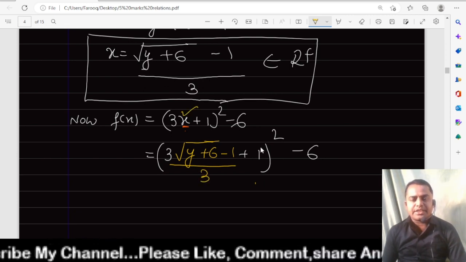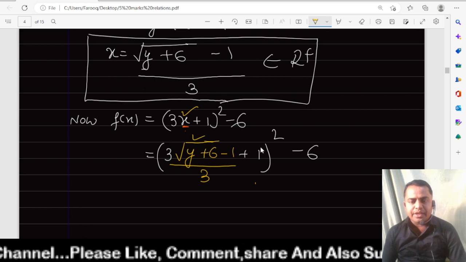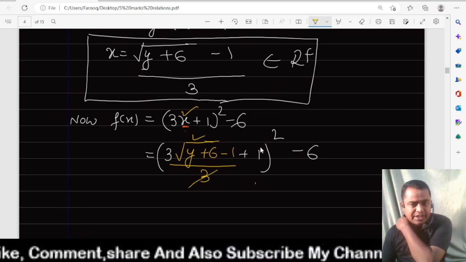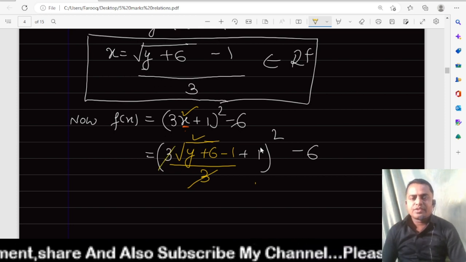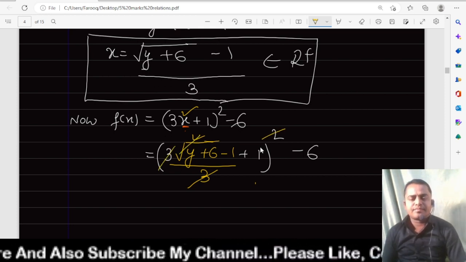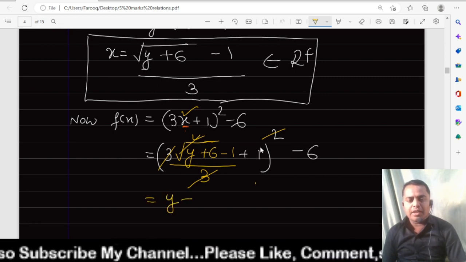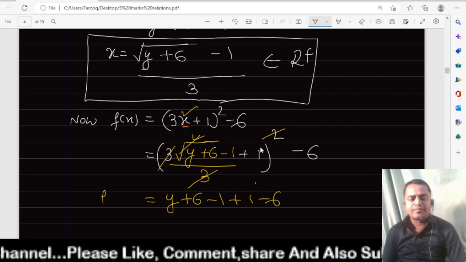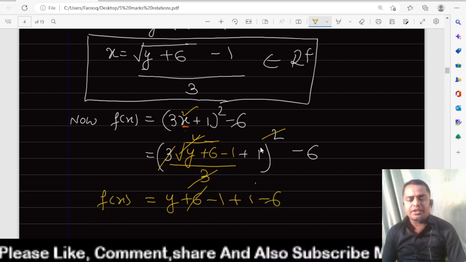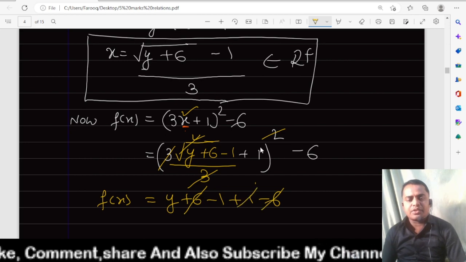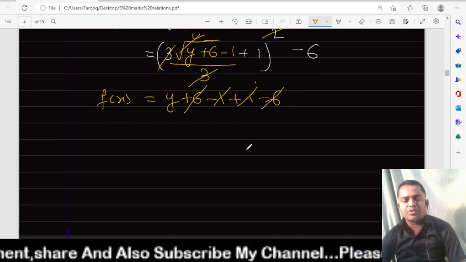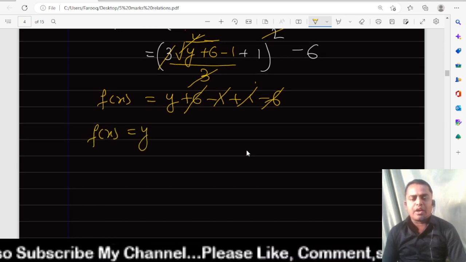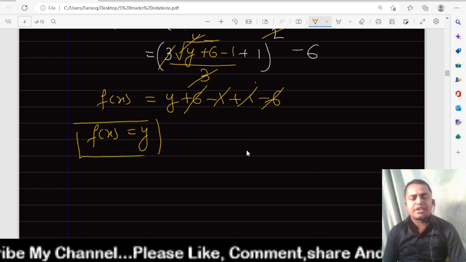Now this 3 and this 3 get cancelled. Square and root get cancelled. What is remaining here? y plus 6 minus 1 plus 1 minus 6. Plus 6 minus 6 cancel, plus 1 minus 1 cancel. Now f of x is equal to y. Therefore, this is the condition for